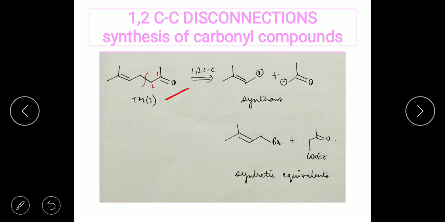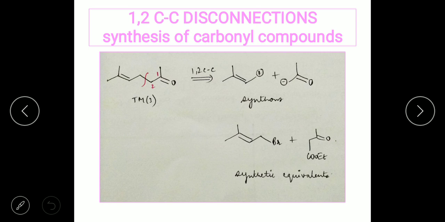So the ketone here is one, you can start numbering and you are going to do the 1,2 disconnection directly. Once you do the 1,2 disconnection, you are going to get the positive cation and the anion. So the positive cation, that's the cationic group, is going to be paired with the bromide ion, and you're going to get a bromoalkene of this kind.